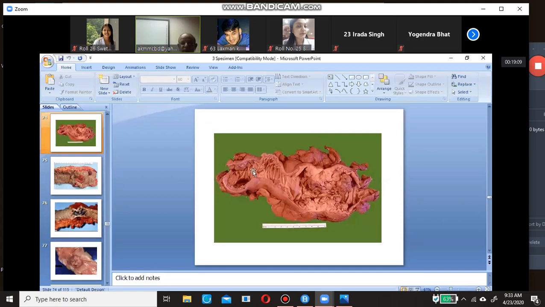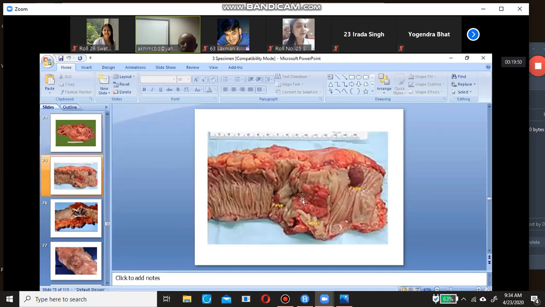And again, the same thing. A colon, look at the fats. This is the wall of the colon, and these are the fats. This is the wall of the colon and these are the fats. And here, this part is normal, but here there is a problem. Obviously there is ulceration, there is an overgrowth of the tissue. This is also carcinoma of the colon.